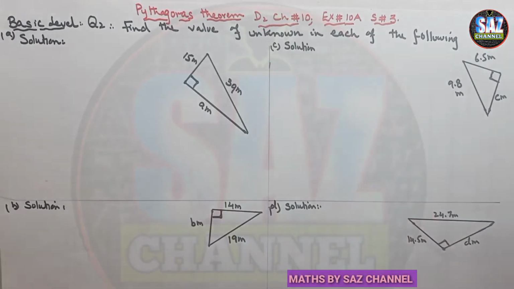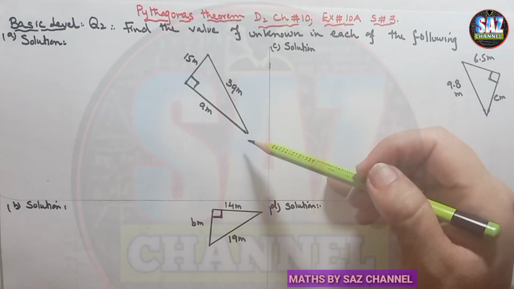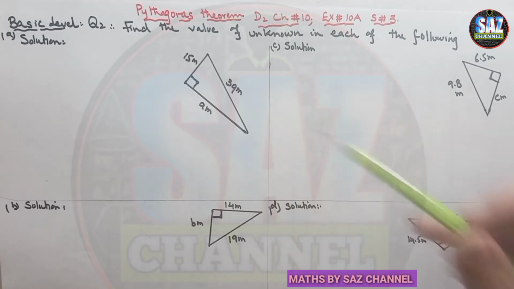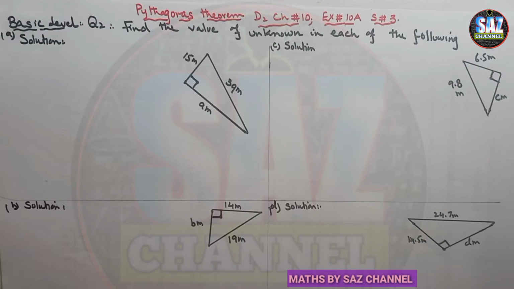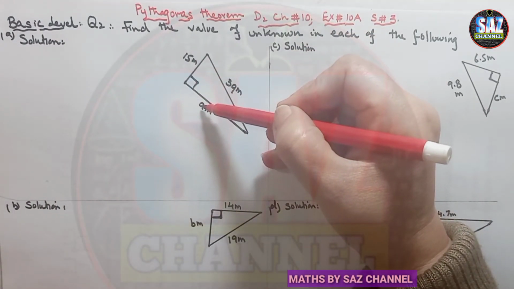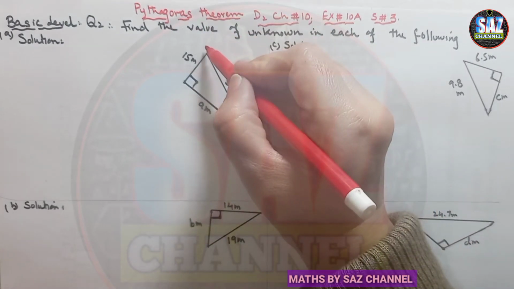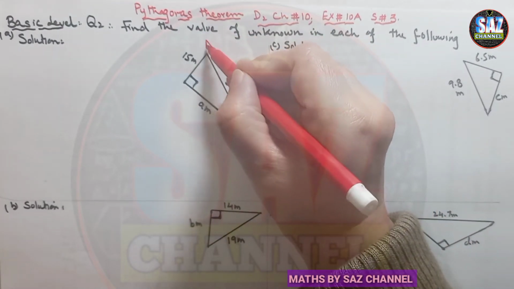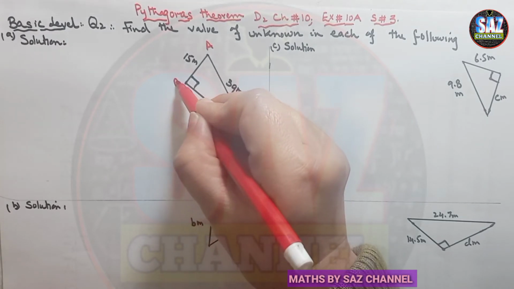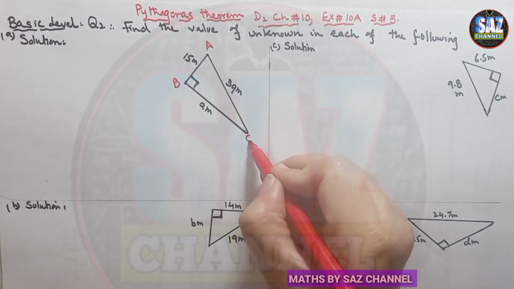So let's recall the basic rule and requirement for the solution of the right angle triangle, that we have to apply Pythagoras theorem in order to find any unknown length of that triangle. First of all, we have to mark the vertices of the triangle. As this length is small a, the opposite vertex must be marked with capital A, and the rest two vertices can be marked with any letter, B and C.